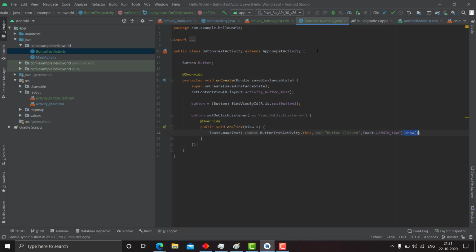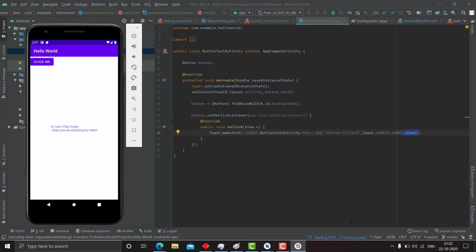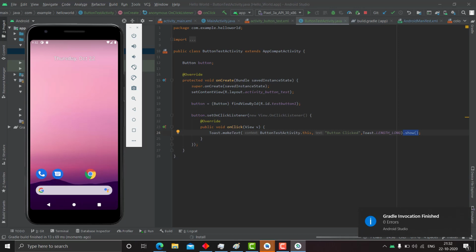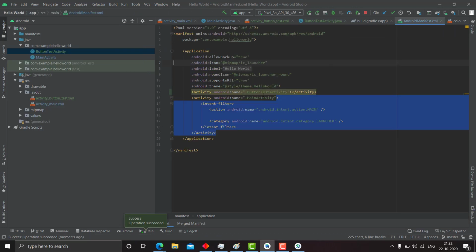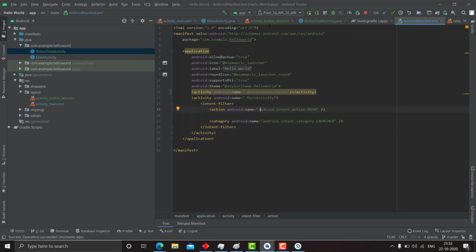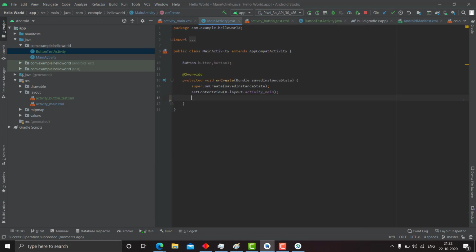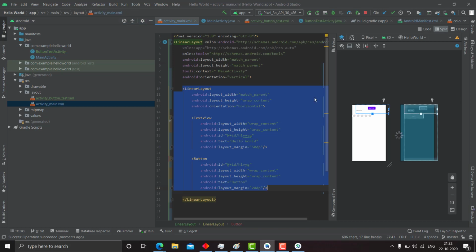So let's run it on our Android emulator once. It's starting our Android virtual device. Oh sorry, one thing I forgot is it will always start with main activity, right? So let's go to main activity. Here we have this button, right?